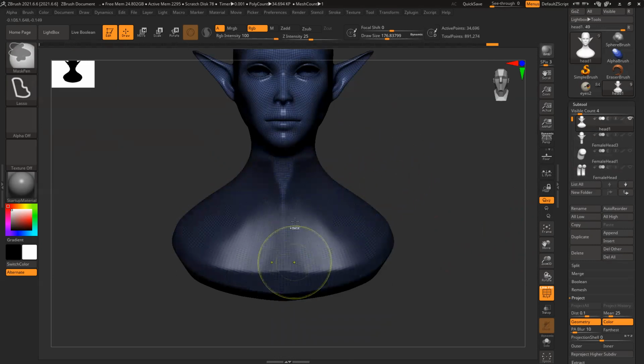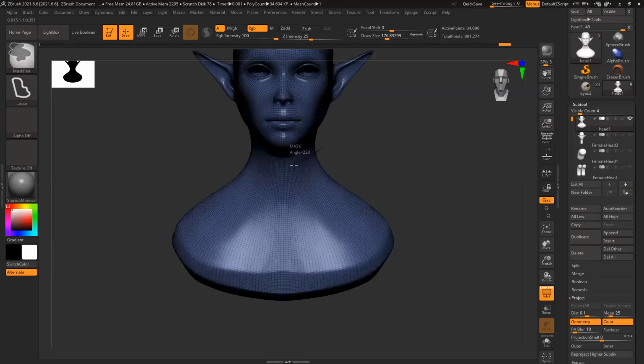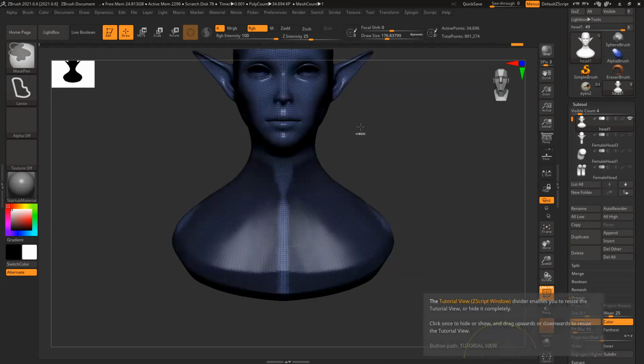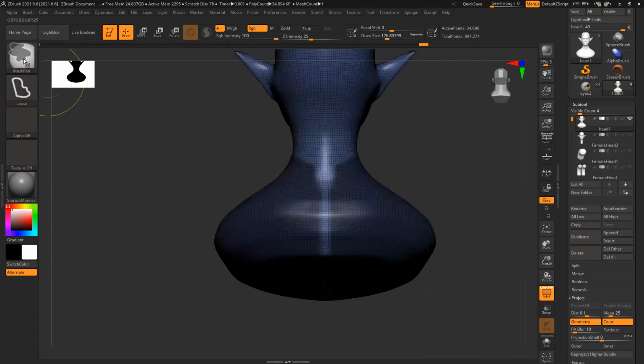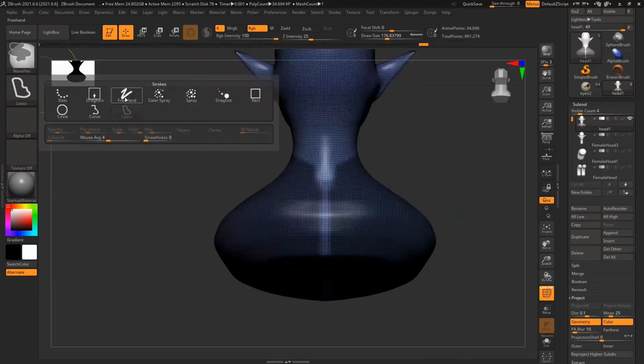If I want, I can create a gap here inside at the center. Let's keep a little gap, and the backside I can just fill it.